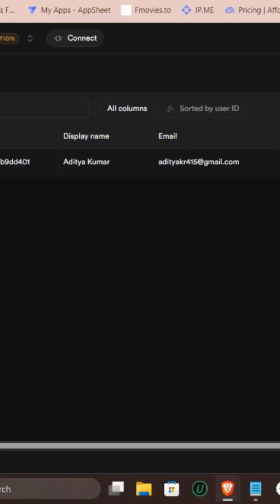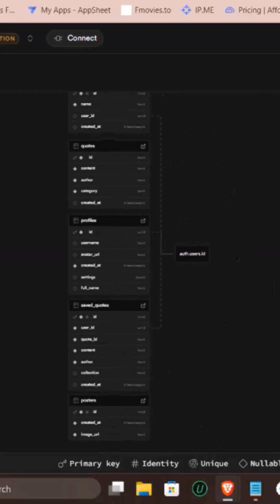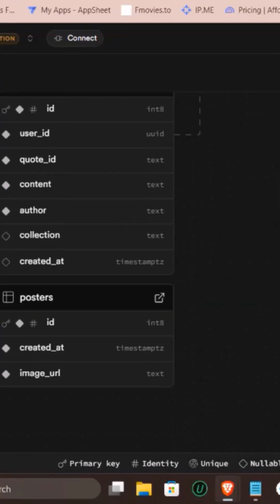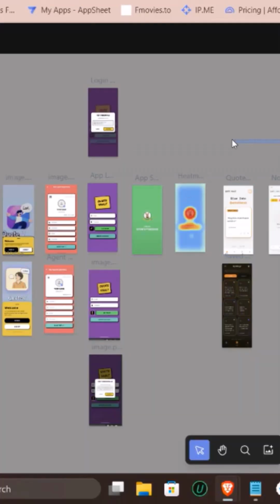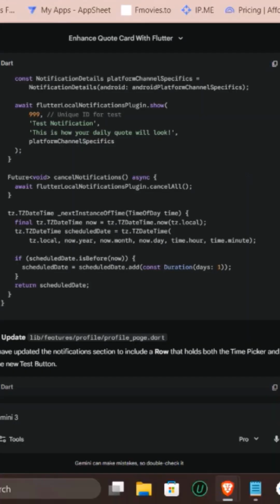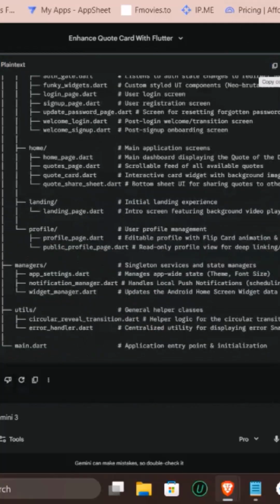So here is the database schema for this mobile application as developed, and this is the schema which I developed for this. This is the design layout of the application developed in Stitch, and this is the Gemini prompts I used for developing, and